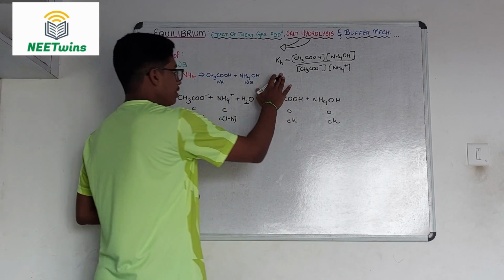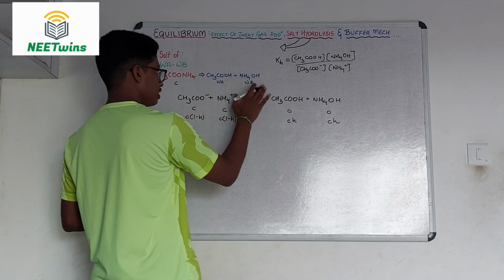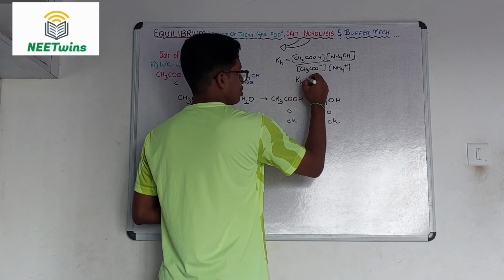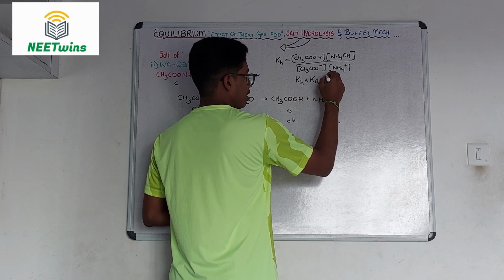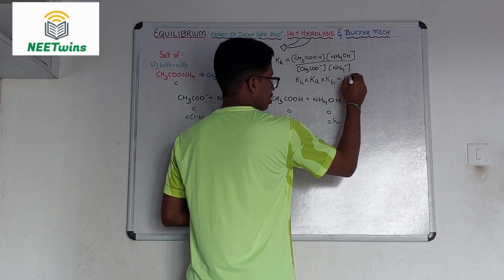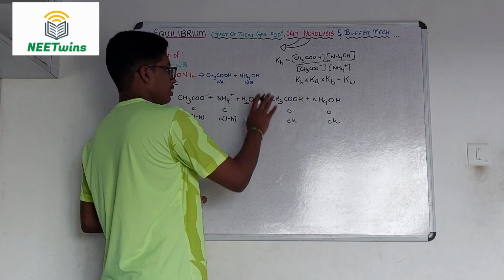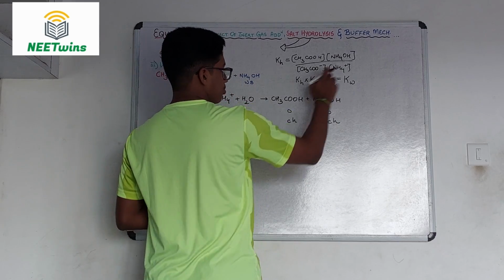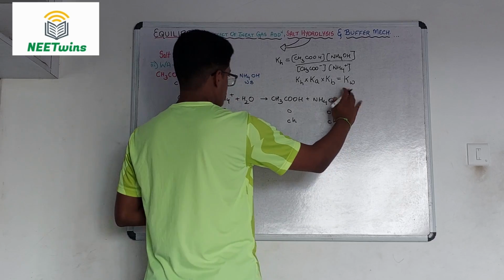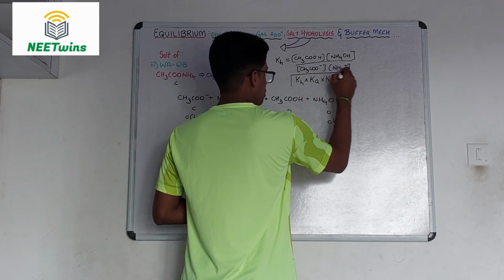So in this case, multiplying Kh by Ka and Kb of CH3COOH and NH4OH, we get a very interesting result. That is Kh into Ka into Kb is equal to Kw. And deriving this result is very easy just by multiplying the different terms. The CH3COO minus cancels with this, NH4 plus cancels with this, and whatever will be left will be just an H plus and an OH minus. So Kh into Ka into Kb is Kw,